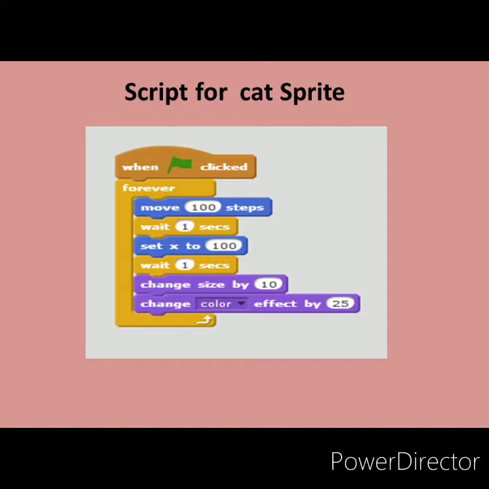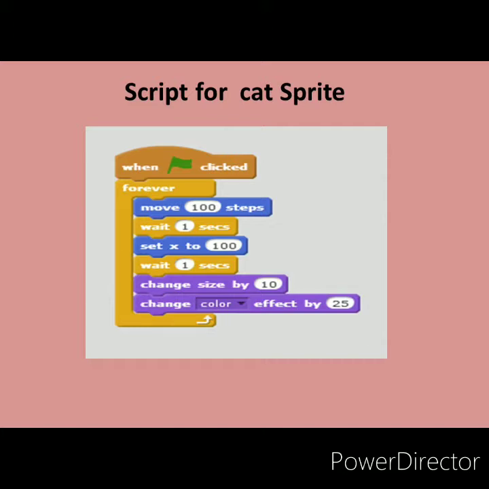This is the script for the cat sprite. It will run when we click on the green flag. Forever is a loop because the cat is moving continuously, that's why we are using a loop. Move 100 steps. Firstly, the cat moves 100 steps. After that, it will wait for 1 second. We set the value of x to 100. Then again wait for 1 second.